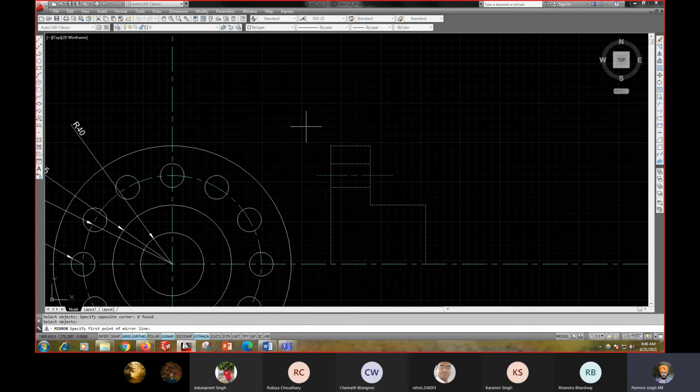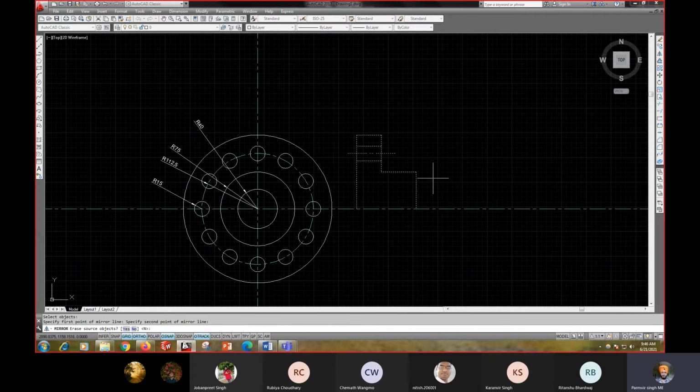Then it is asking me to specify the first point of the mirror line. So I can define the center point of the line, then define the end point of my line. Okay, then you have to define whether you want to delete the source object or not. In case you want to delete the source object, you have to enter Y, or press N for not deleting the source object. So I want to keep the source object, so I don't delete it, then press N.